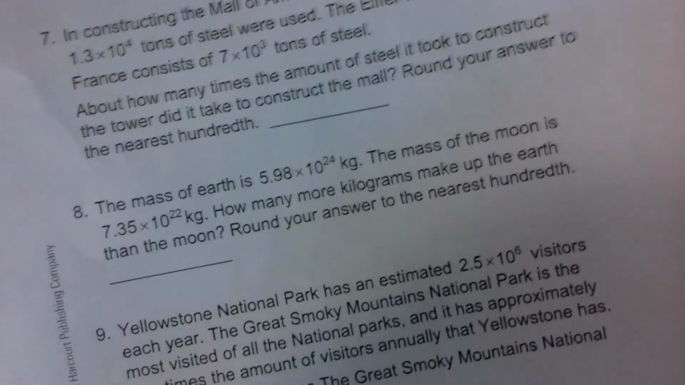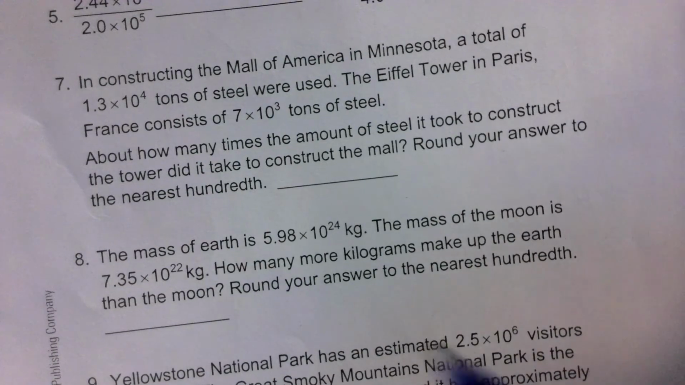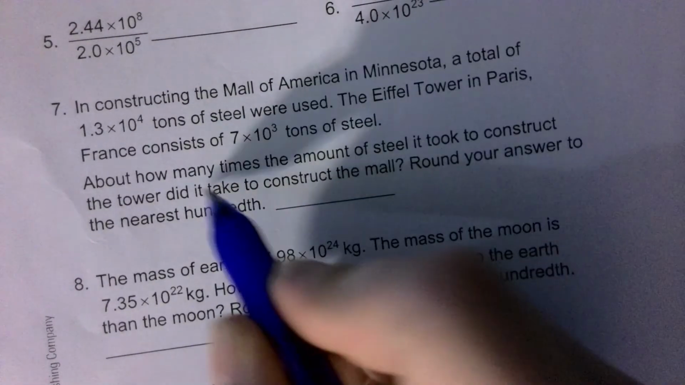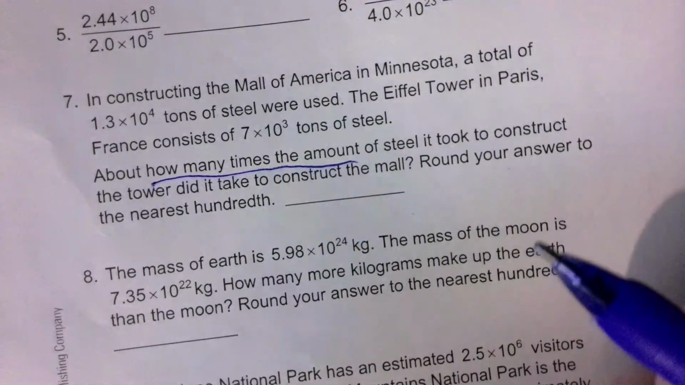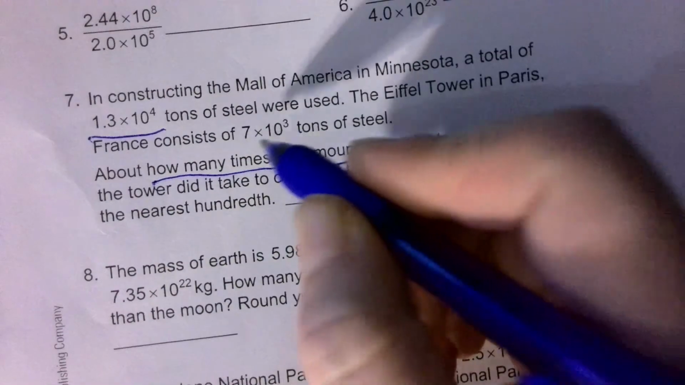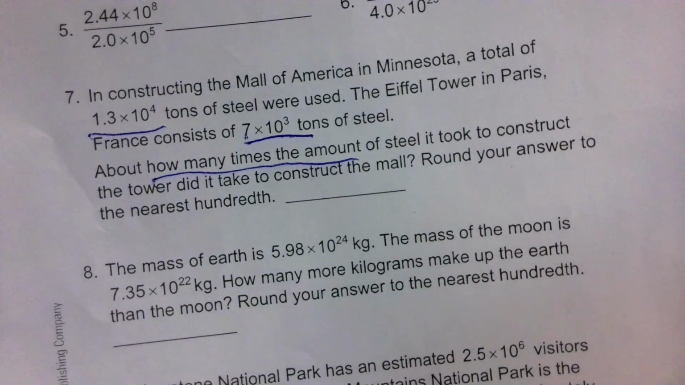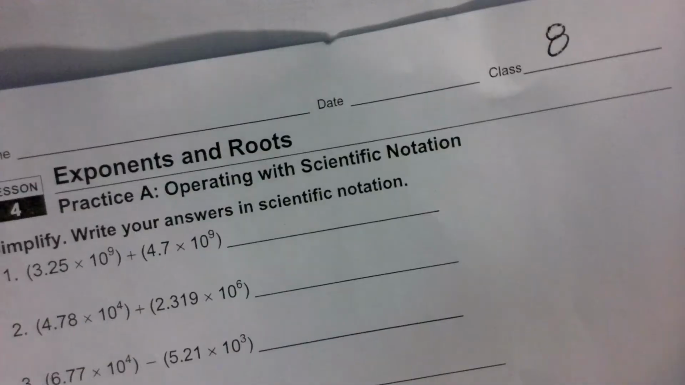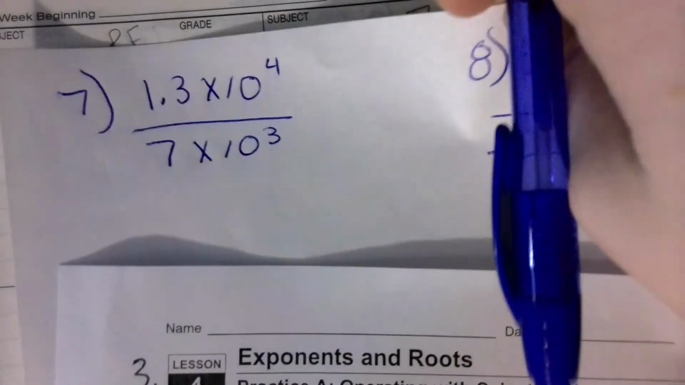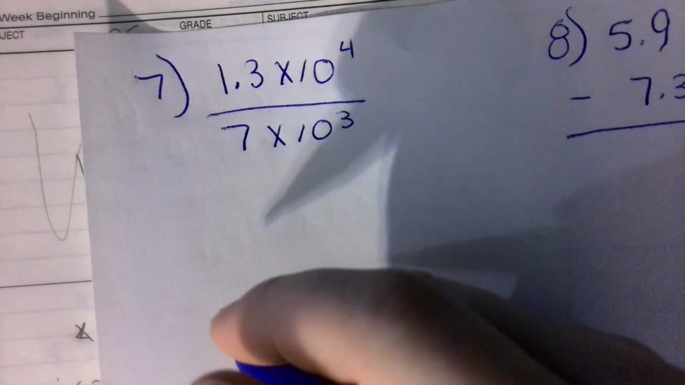Okay, now we're going to move on to our word problem. Okay, now number 7, we need how many times the amount. So we're going to take the 1.3 and we're going to divide it by the 7 times 10 to the third. Alright, so if I take 1.3 and I divide that by 7, I'm going to get